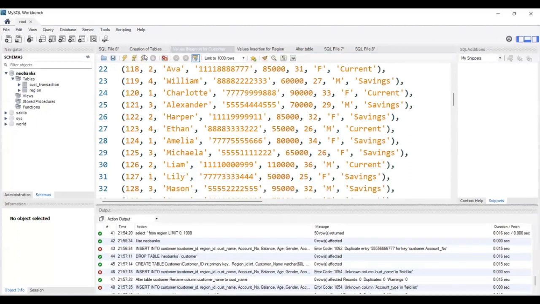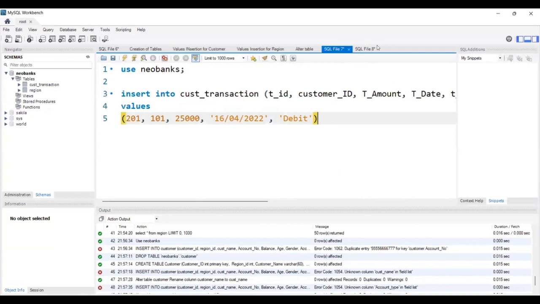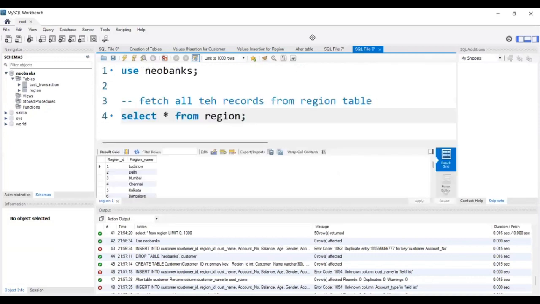Okay, this link I've shared with you, alter table, SQL file 7. This we have not done. Yeah, select asterisk from region. You can do this. Control S. You can save this file directly. Control S. Okay, so